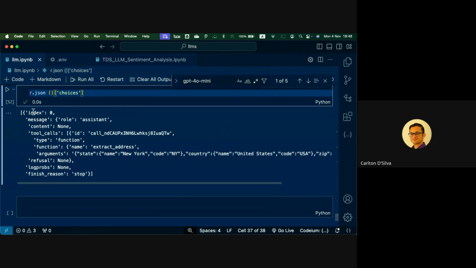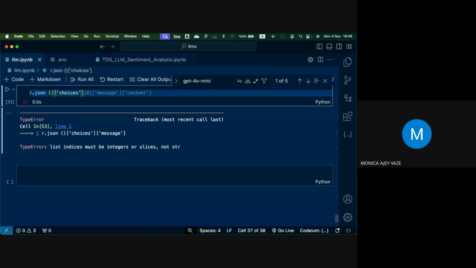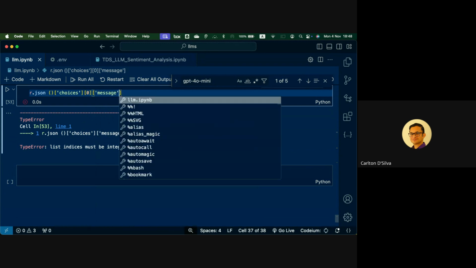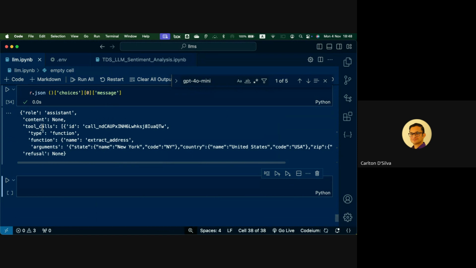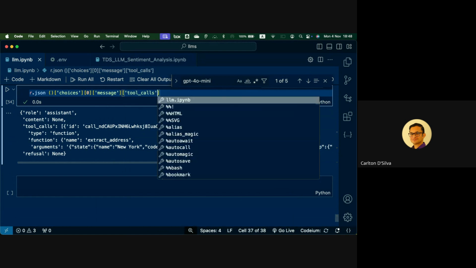Inside choices, we've got message. You have to mention the index. Inside message, we've got tool calls, and that's also a list.